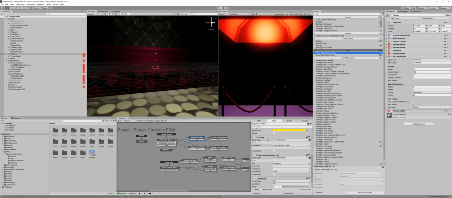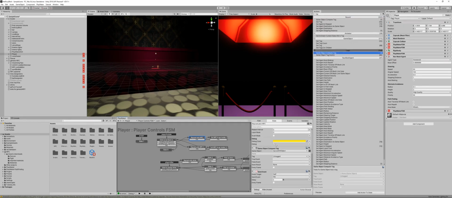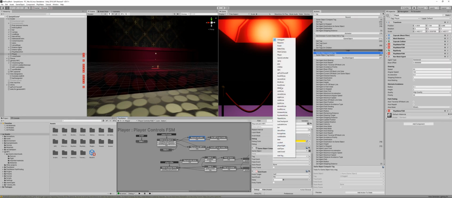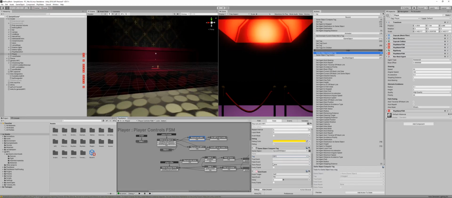Oh, I guess we don't even need to get tag, right? Sorry, I just put a lot of redundancies and then delete them as I go. Game object compare tags. We're going to check the raycast hit object. If the tag is an NPC, the true event is going to be